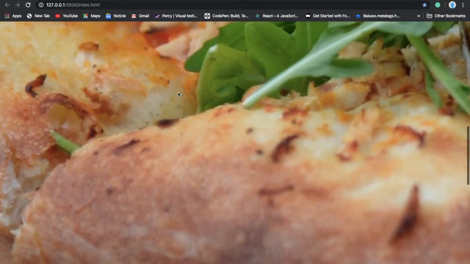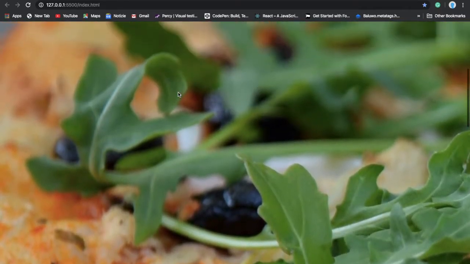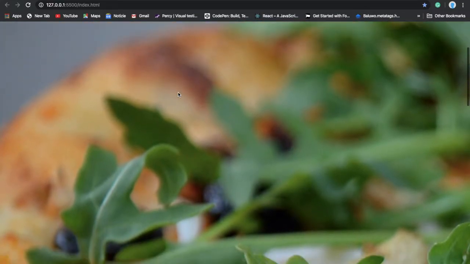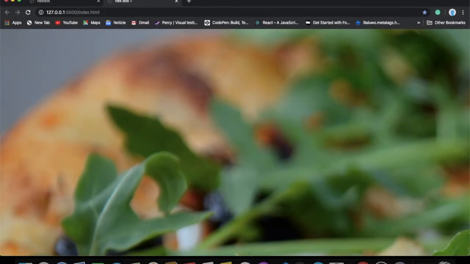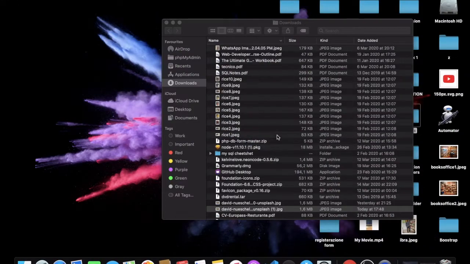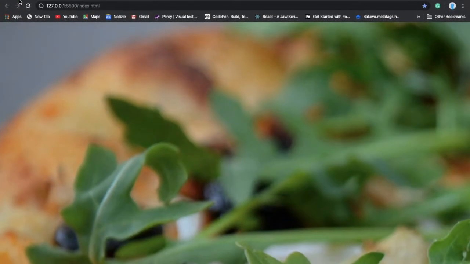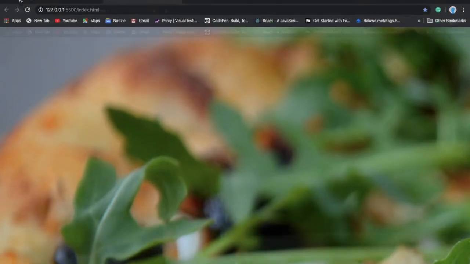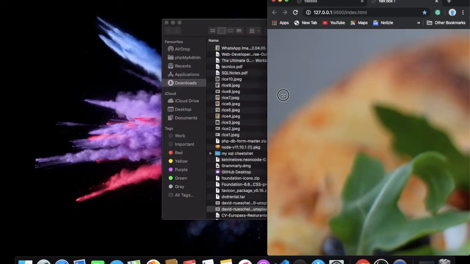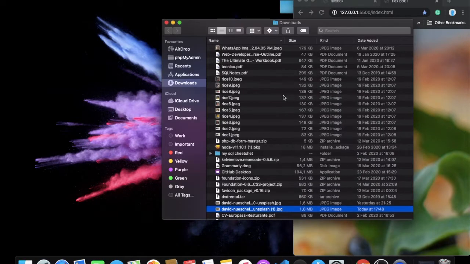That's why it's looking so ugly like this and the picture is too white. So I'm going to use CSS to style this properly, just the way you want it. Actually, let me resize the browser and make it small so that you can see exactly what we are working on. Let me resize it like this, close this window,